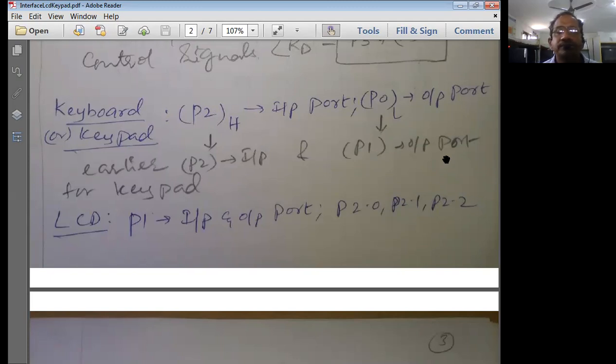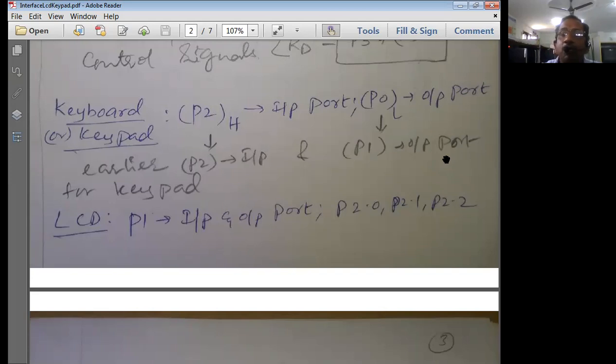Port 2 as the input port means that whenever a particular key is pressed, the column value will be input into the microcontroller. And port P1 is normally used as the output port; the values on the output port come from the microcontroller.